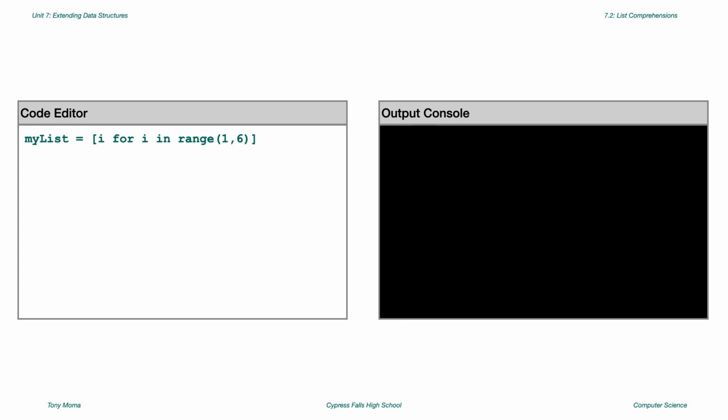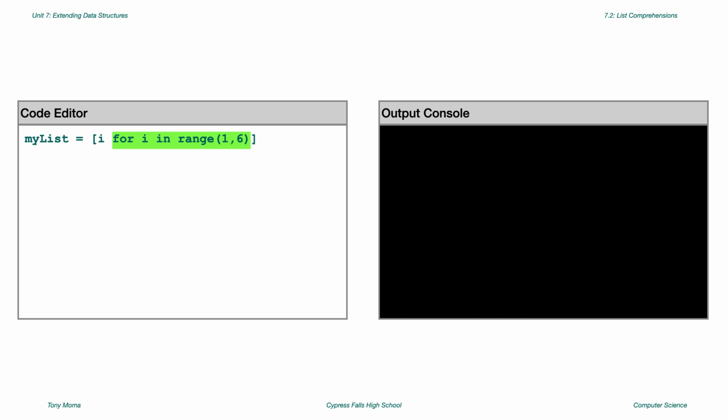Now, this code looks pretty confusing. Let's break down what's happening. First, you see we have a pair of brackets. This just indicates that what we're about to do is going to create a list. Then, inside those brackets, you see what is basically a hidden for loop. This for loop will generate a list storing all values from 1 up to, but not including 6. It'll then assign each value in that list to the I variable one by one during each iteration of this